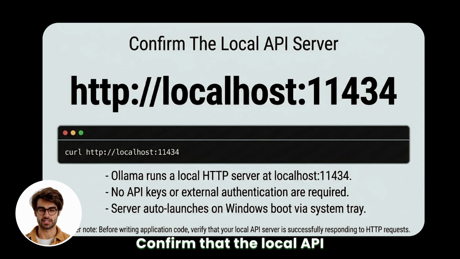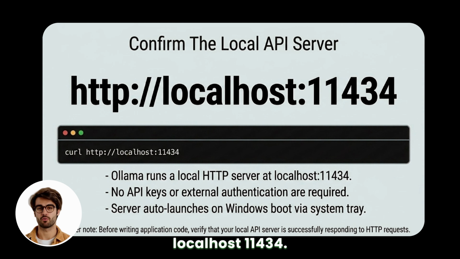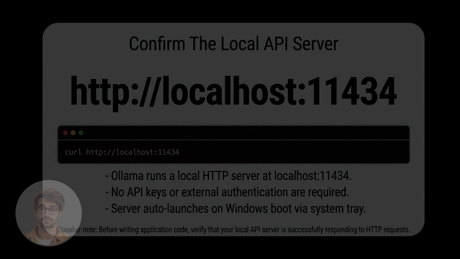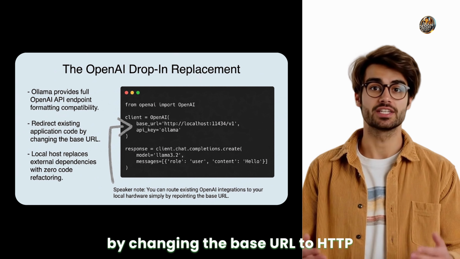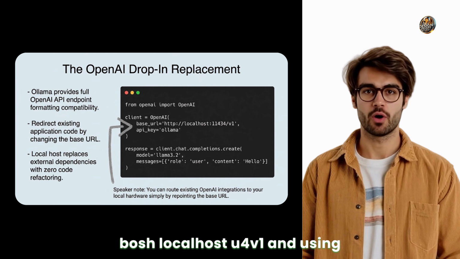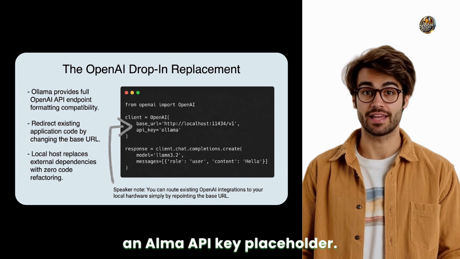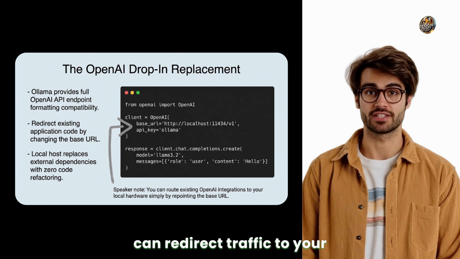Confirm that the local API server is running by calling http://localhost:11434. A simple curl request validates connectivity. No API keys or external auth are required, and the server auto-starts with Windows, simplifying application integration. Ollama can act as a drop-in replacement for OpenAI endpoints. By changing the base URL to http://localhost:11434/v1 and using an Ollama API key placeholder, existing OpenAI client code can redirect traffic to your local models